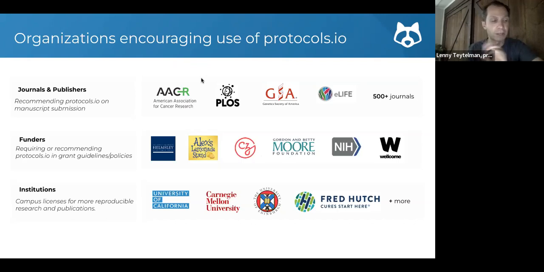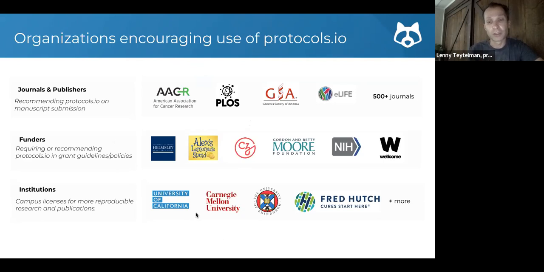When we go into the live demo, I'll say more about that. There are more and more funders that recommend or require protocols.io. And since 2019, there's an increasing number of universities and government organizations that have a site license for protocols.io